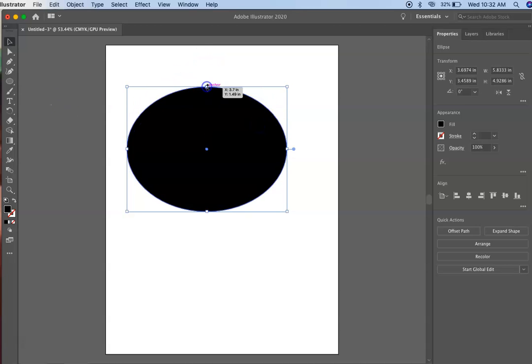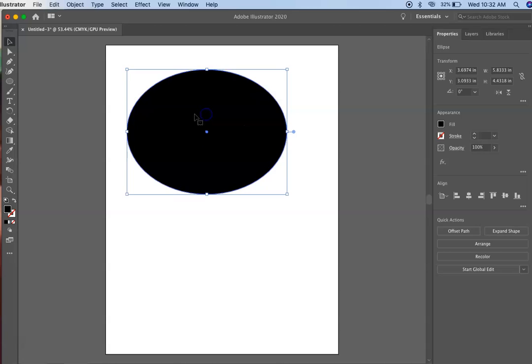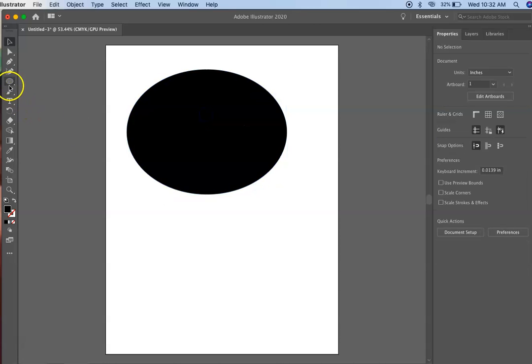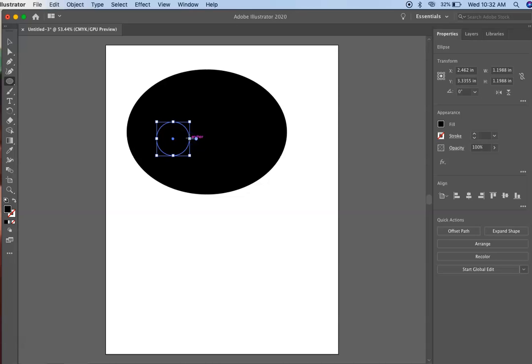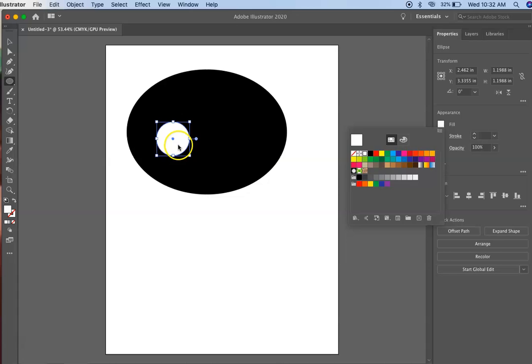I want it to be more of an ellipse, so I'm going to just move that, click off to the side. Now I'm going to go back to my ellipse and hold down shift on my keyboard and draw because I wanted to make a perfect circle. So when I held down shift, it made a circle instead of an ellipse. And now I'm going to make that fill color white